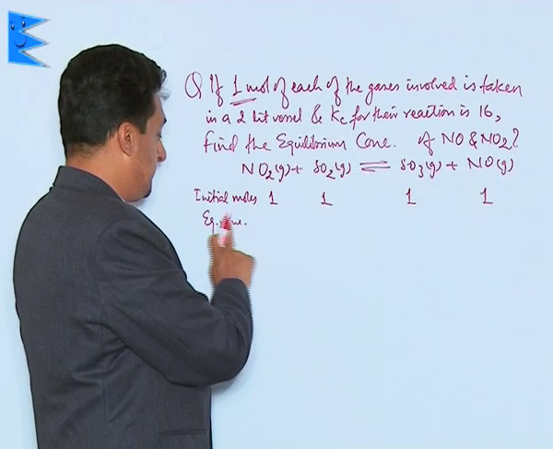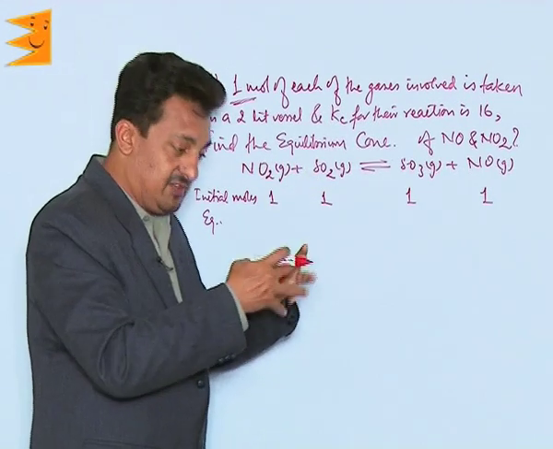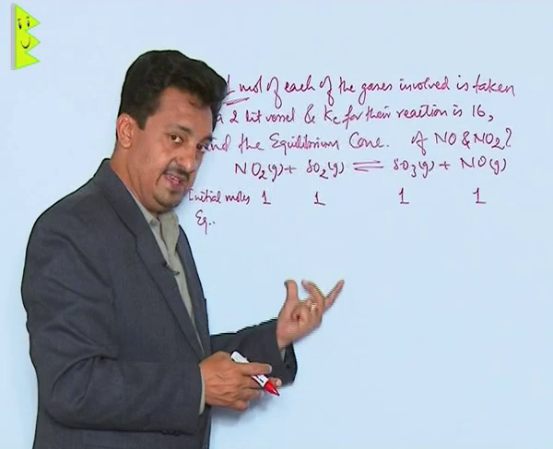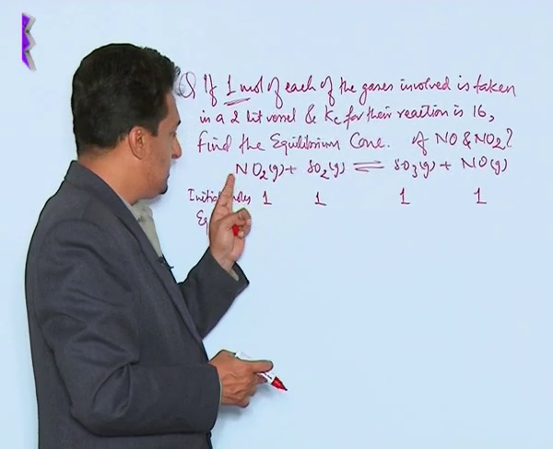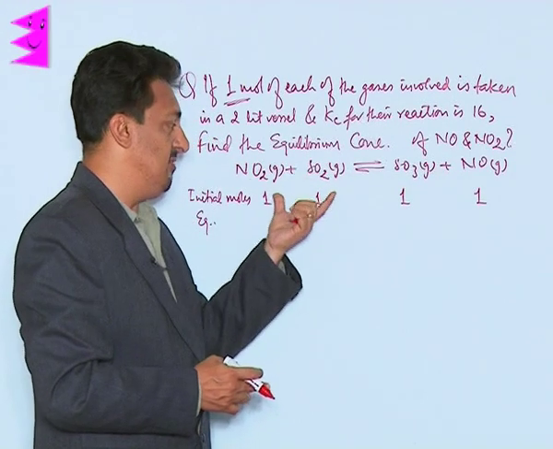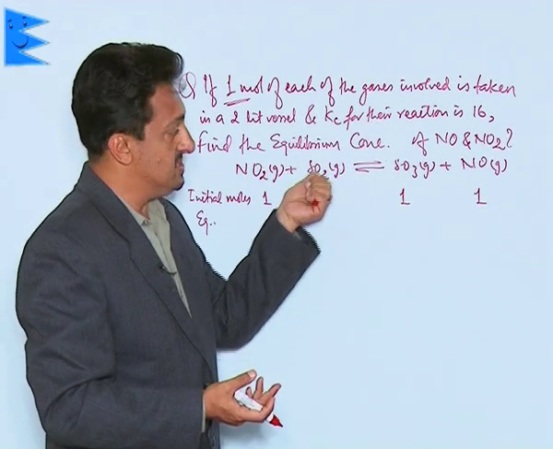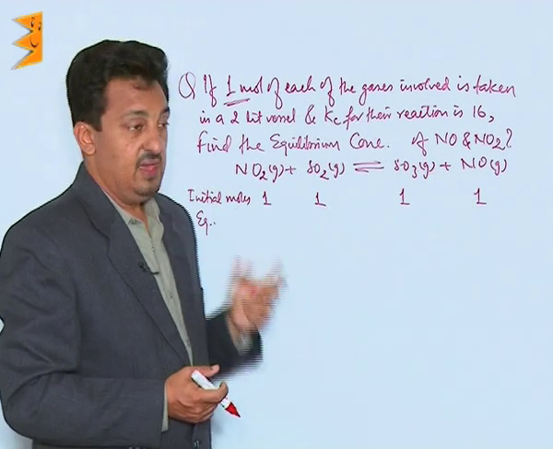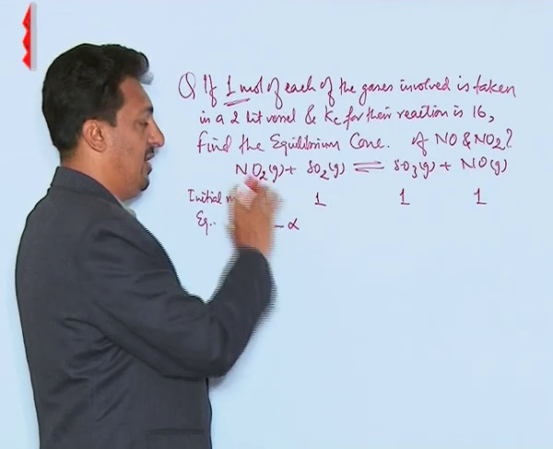Now similarly, let's move further. When the reaction proceeds, we know that SO2 and NO2 will react with each other. They will form SO3 and NO. Their concentration will decrease and the concentration of SO3 and NO will increase. Now, since the coefficients involved are 1, 1, we can easily make out that whatever the number of moles of this will react, the same number of moles of this will also react, and the same number of this will be formed, and the same number of moles of this will also be formed. If, therefore, alpha moles of NO2 has reacted,